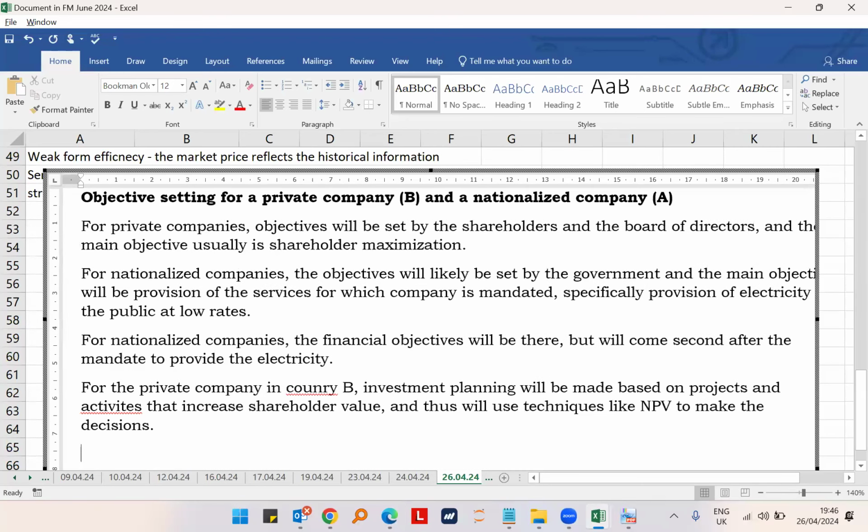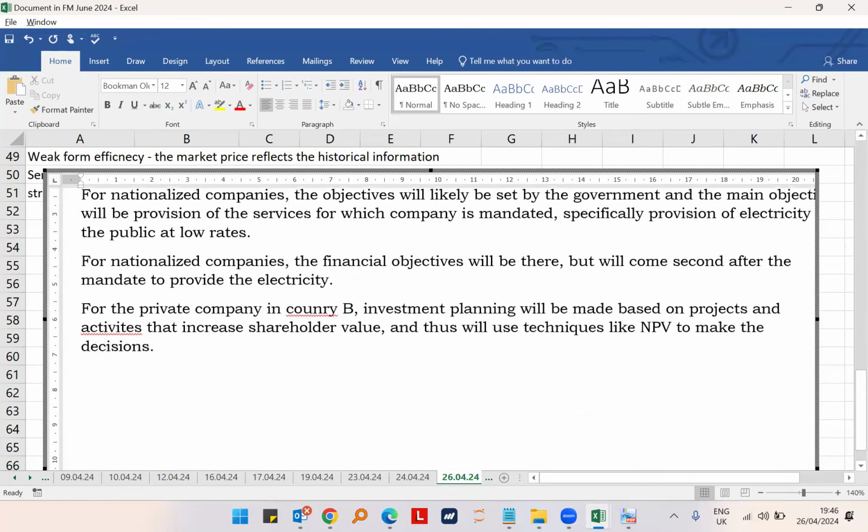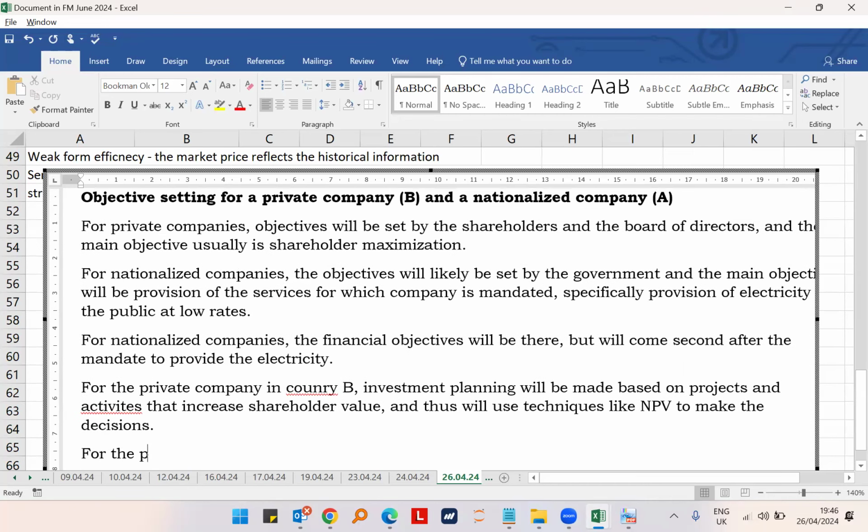That's what will happen for private companies in country B. But what about for the public nationalized company? For the nationalized company, investment planning